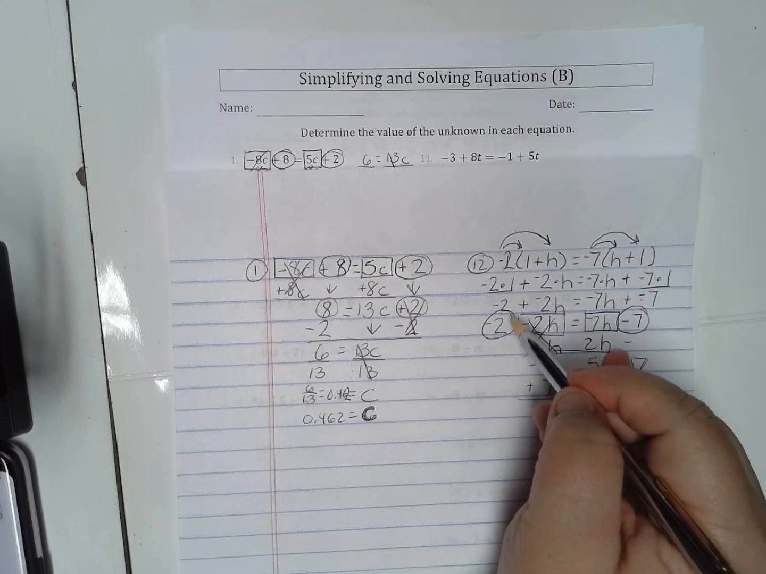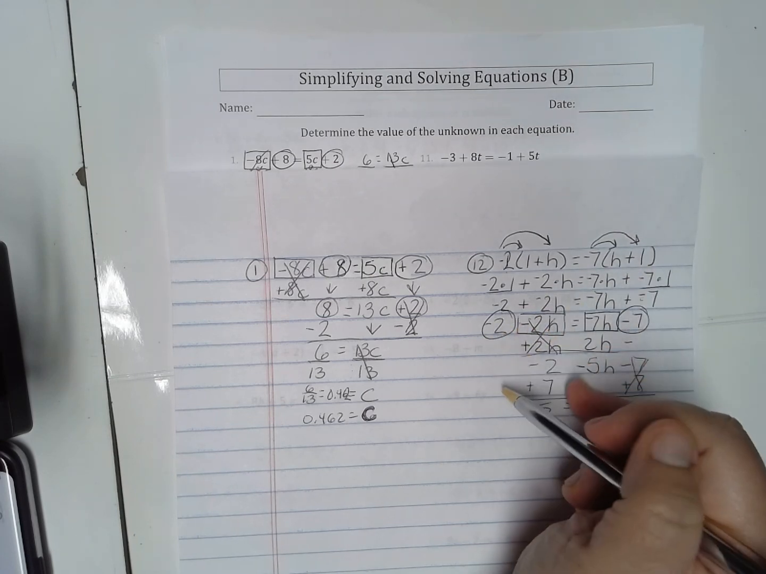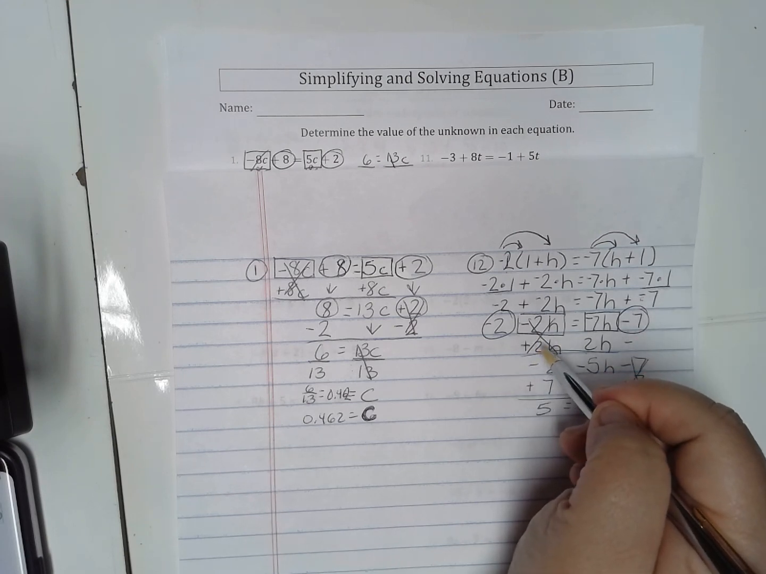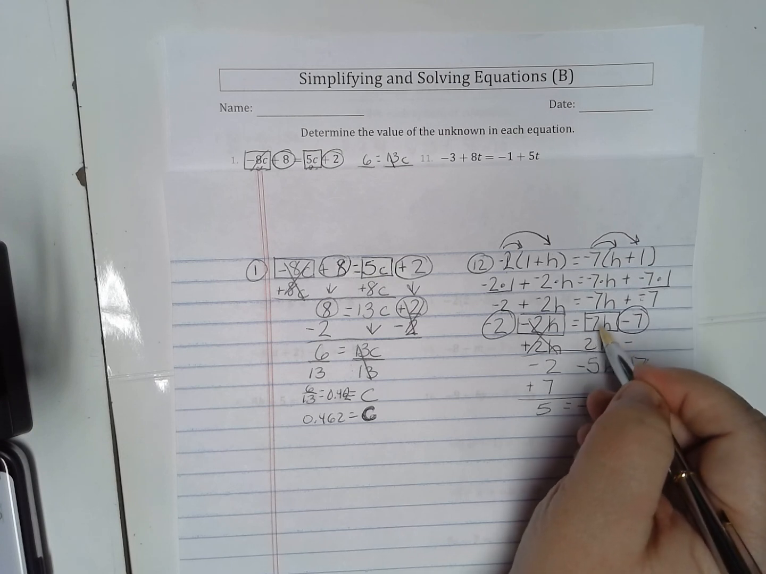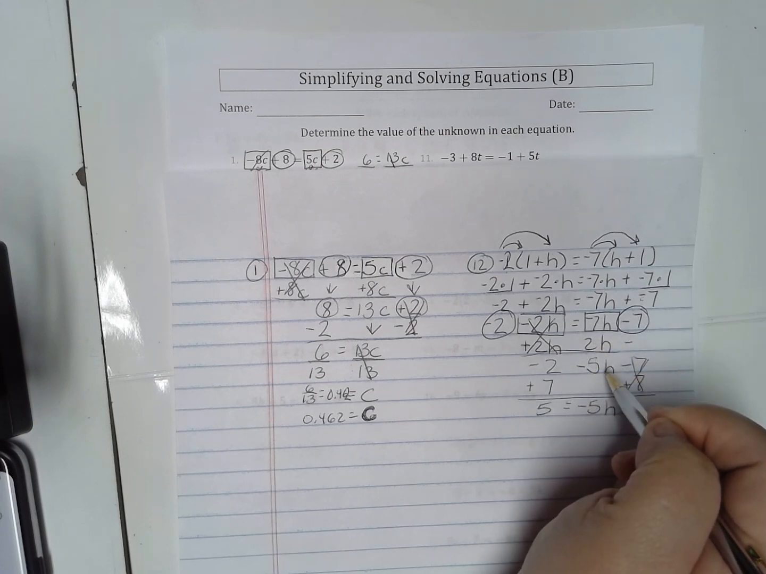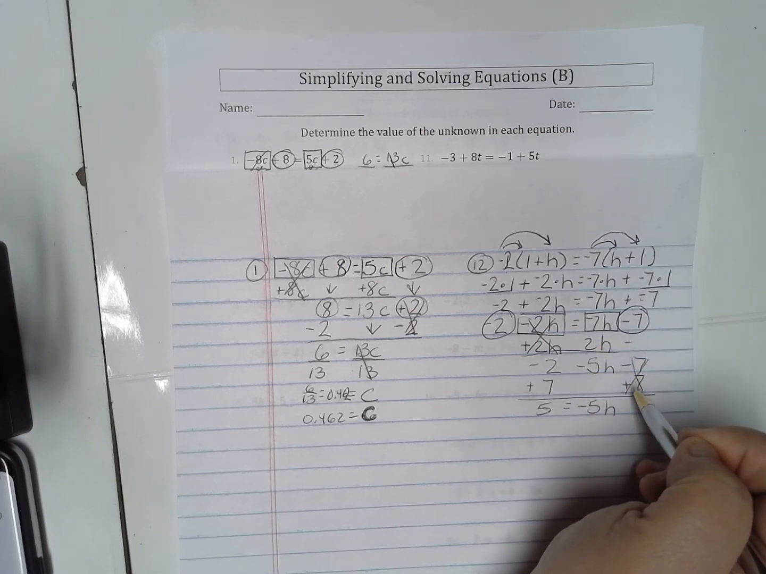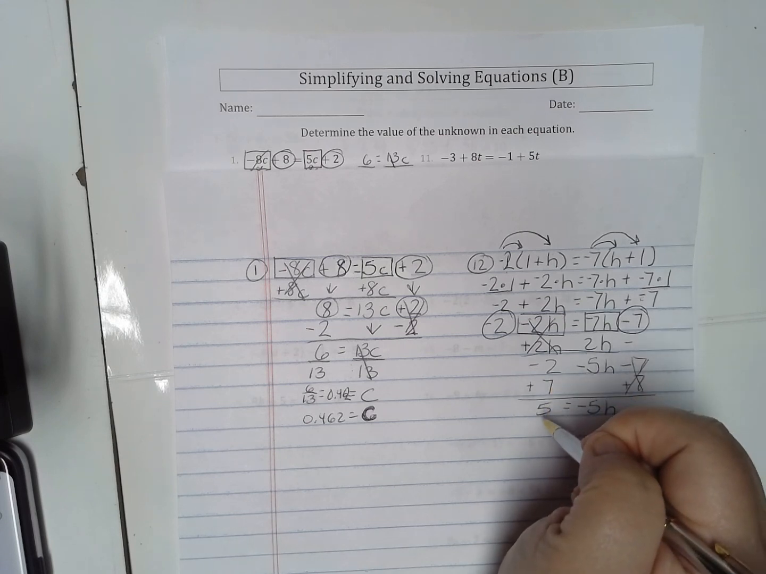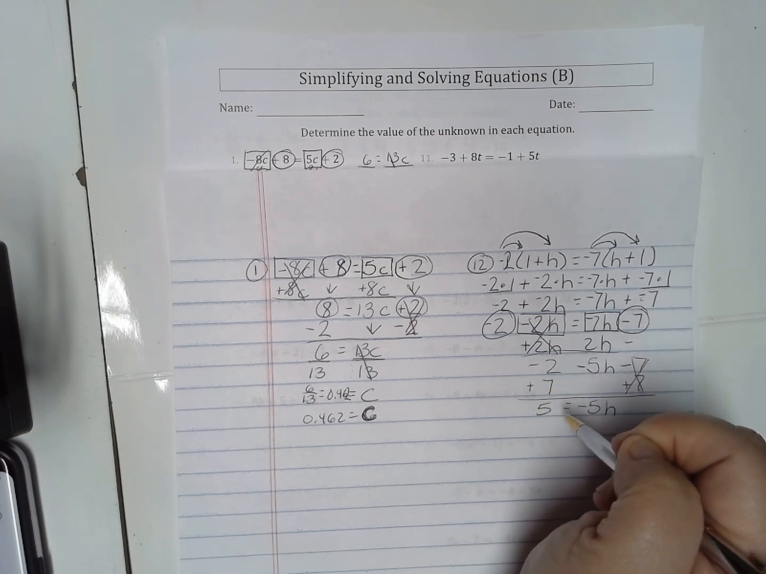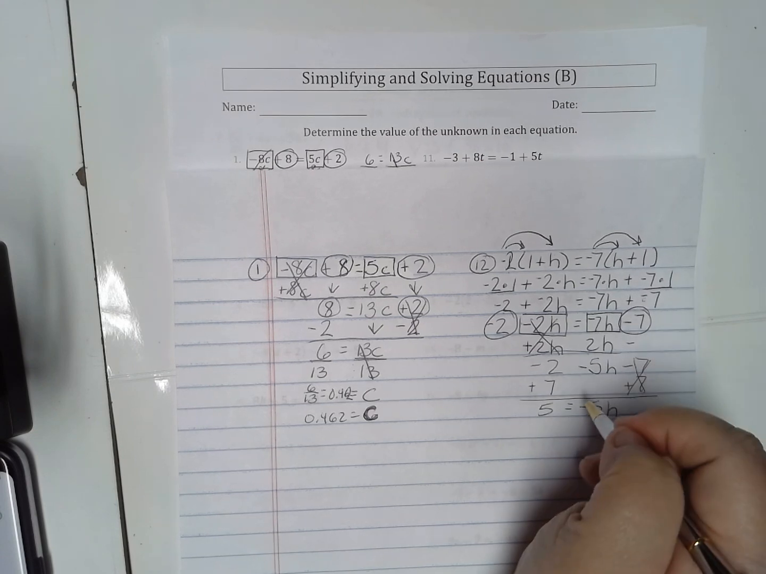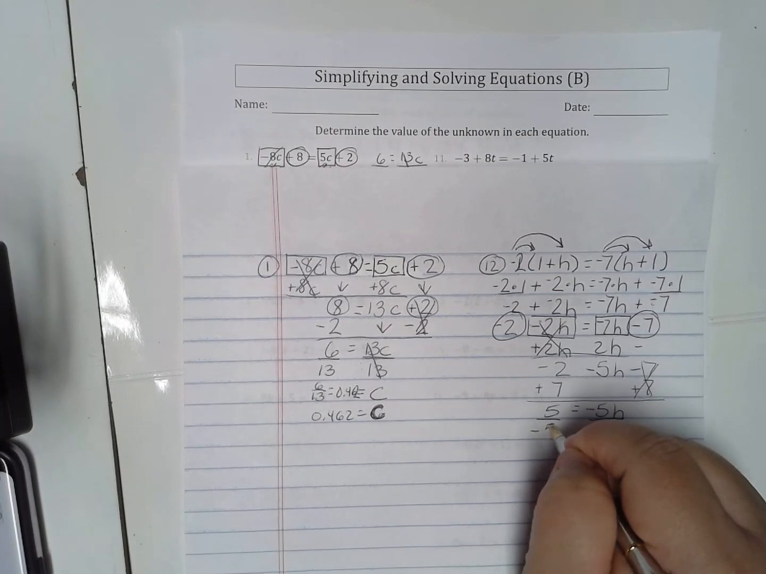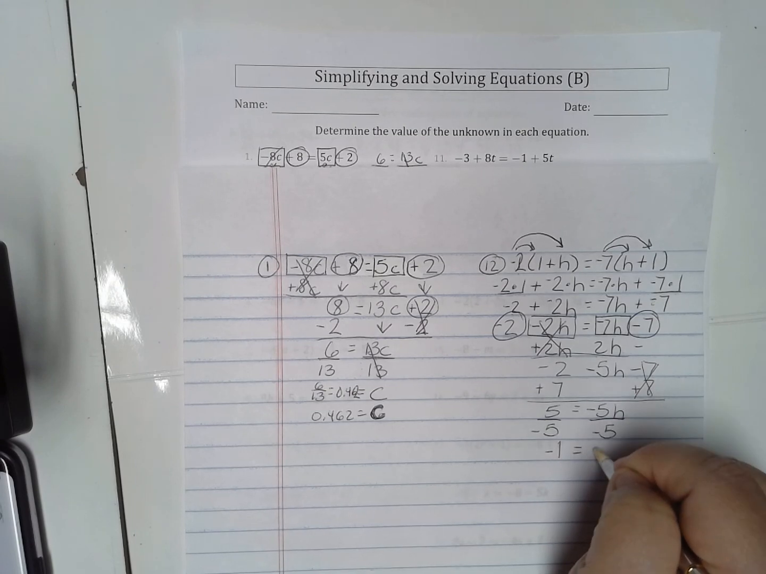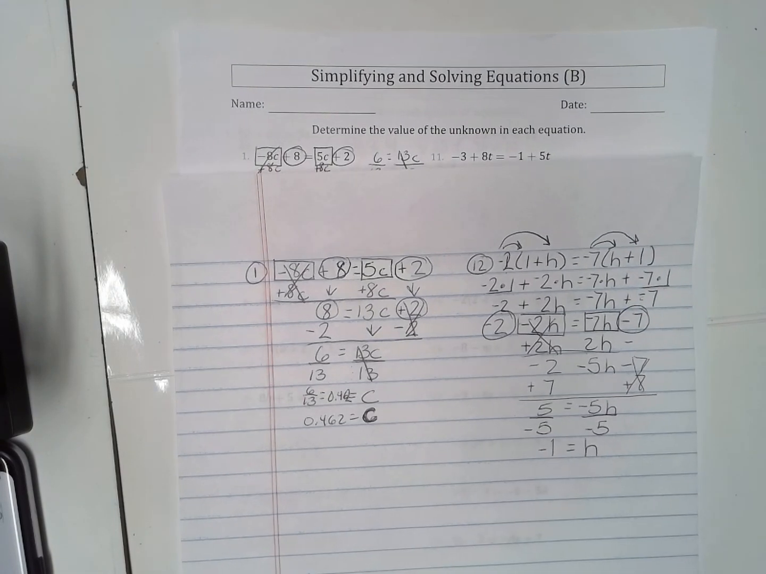So once I have that, then I can circle and box accordingly. So negative 2h plus 2h, and I add 2h to this side, I get negative 5h minus 7. I add 7 to both sides, and I get positive 5. Then I have plus negative 5h. So I'm going to divide by negative 5 on both sides and get negative 1 equals h. So I will post a video where you can actually